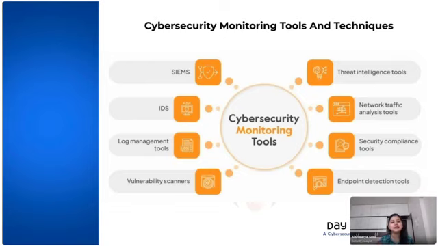Let's say if there's any suspicious activity being performed from an IP address that has not been seen previously, and that IP address is very suspicious, the IDS will flag it as malicious activity, and we will get that alert. Then, either with the help of automated response or with manual action by the SOC team, we will be able to mitigate that particular threat.